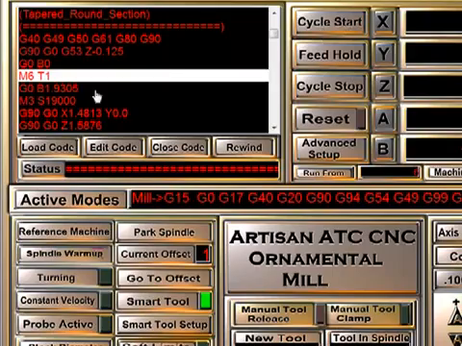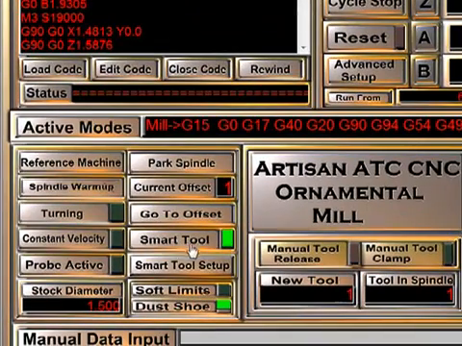Once you press cycle start, it'll touch off the Smart Tool if this is turned on, and then it will pause the program and give you a message to attach the dust shoe so that you have a chance to put it on before you start cutting. If the dust shoe is turned off, it will not wait for you to attach the tool. It'll touch off the Smart Tool pad and immediately start cutting.